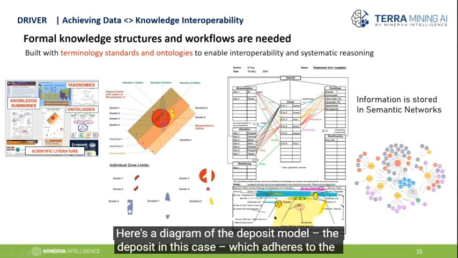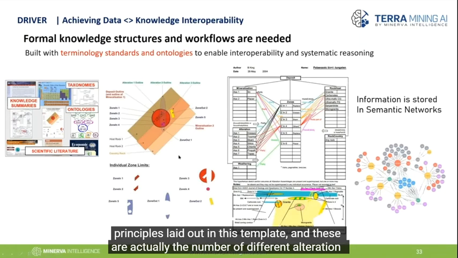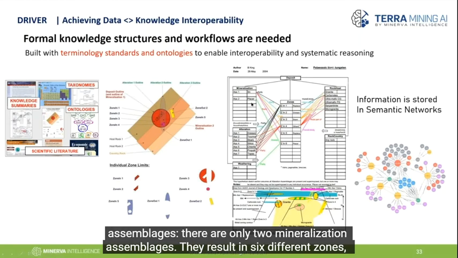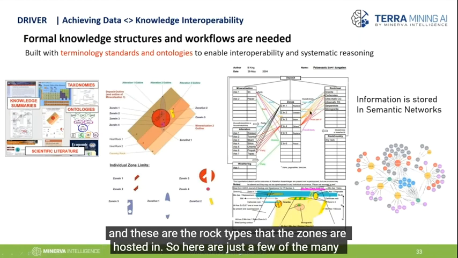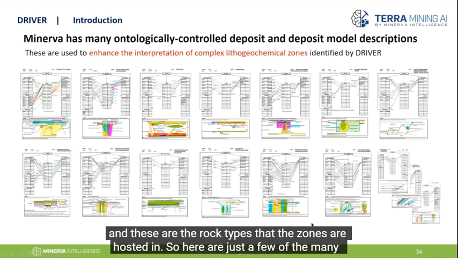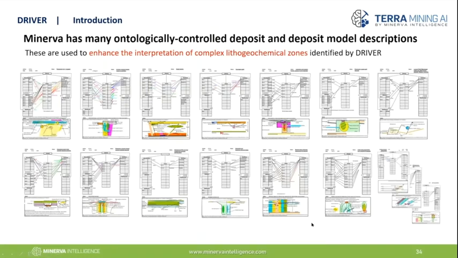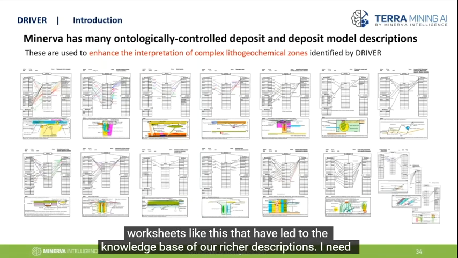So here's a diagram of the deposit model, the deposit in this case, which adheres to the principles laid out in this template. And these are actually the number of different alteration assemblages. There are only 2 mineralization assemblages. They result in 6 different zones, and these are the rock types that the zones are hosted in. So here are just a few of the many worksheets like this that have led to the knowledge base of